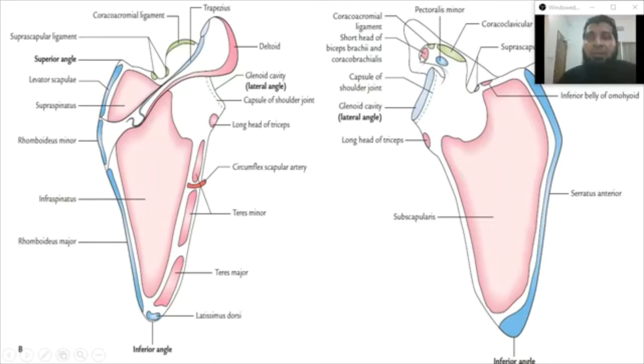The important muscles about the coracoid process. What are the muscles attached to the coracoid process? There is short head of biceps brachii and coracobrachialis muscle. And there are ligaments also, coracoclavicular ligament and suprascapular ligament. And about the glenoid cavity, there is supraglenoid tubercle and infraglenoid tubercle. This is very much important. You will be asked in the viva examination. In the supraglenoid tubercle,